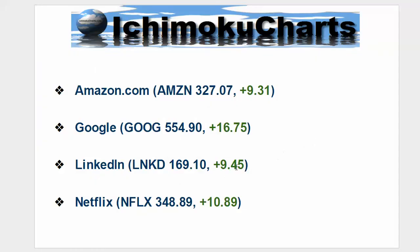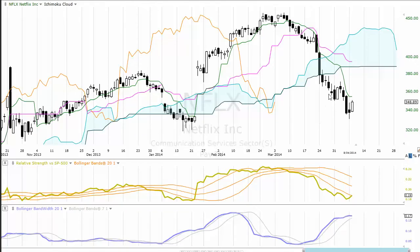And next to Netflix, which is trading at $3.49 and was up $10.89 today. Netflix is looking very similar. So we can see a similar pattern here in all of these charts. There was the indecisive candle following the very strong downtrend, and that's something very important to remember: after we have these very dynamic downtrends, we have the trend trading down very strongly in the short-term and medium-term time frames, and we know that by the angle of the Tenkan-sen indicator here, that if we see these indecisive candles,